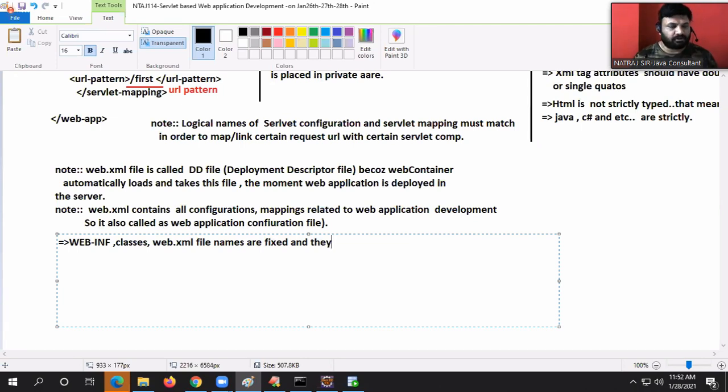So their name and location must not be changed.